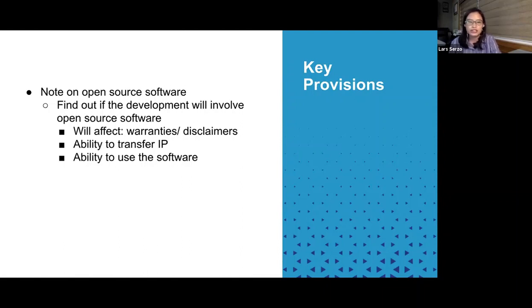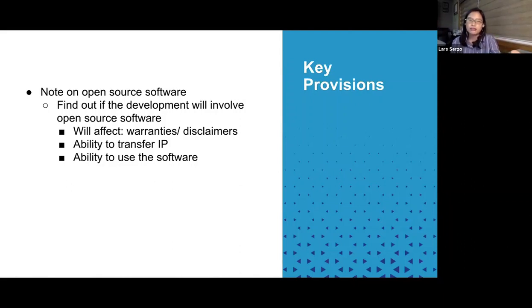So why is this important? It's important in assessing the ability of the provider in providing warranties and disclaimers over the software. So usually open source software would already come with baked-in license provisions, which the provider and the user would be bound to follow.